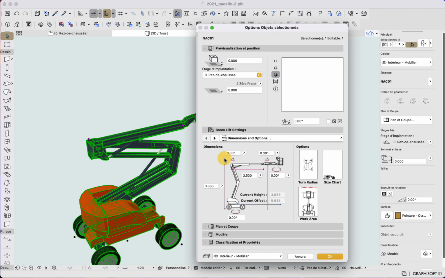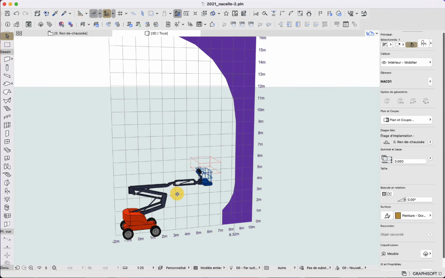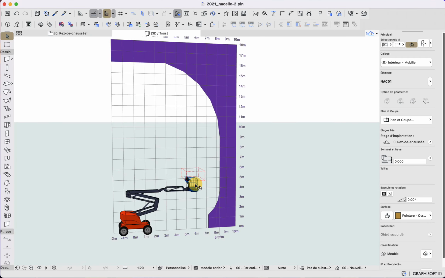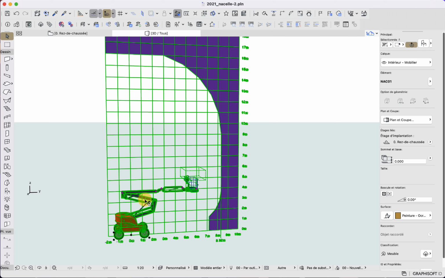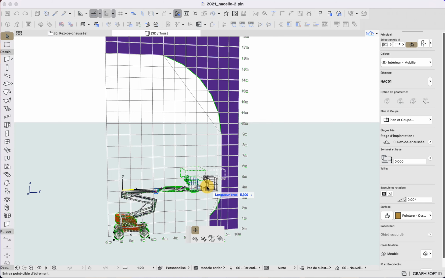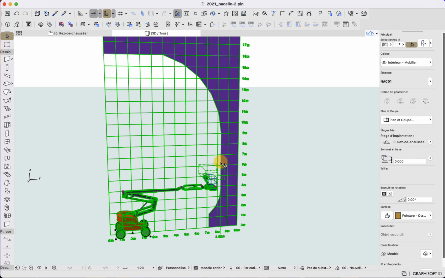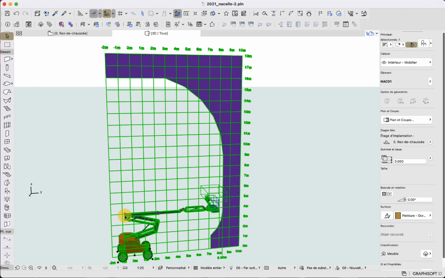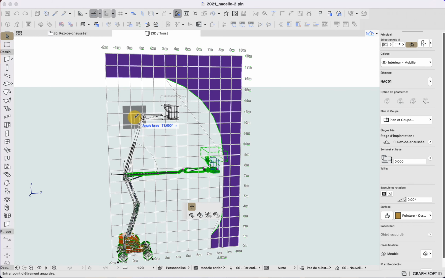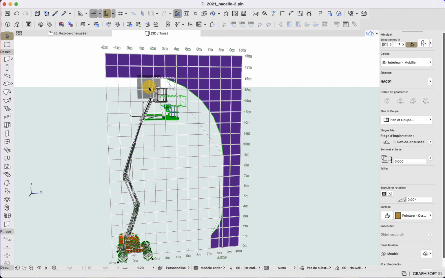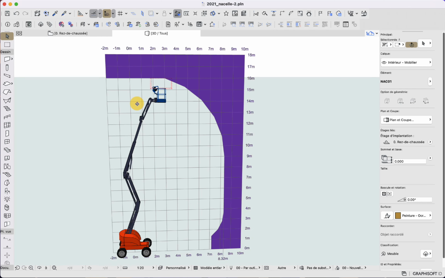And we also have, as a third technical option, the size chart. The size chart is really all the possibilities that the machine can do when it comes to what it can reach. So for example, here, if I extend the arm that way, as it is fully horizontal, we will see that my work area will be fully aligned here, as it is the maximum offset. If I do the same with heights, and I extend both arms and angles fully, we will see that now the work area is aligned to its top.